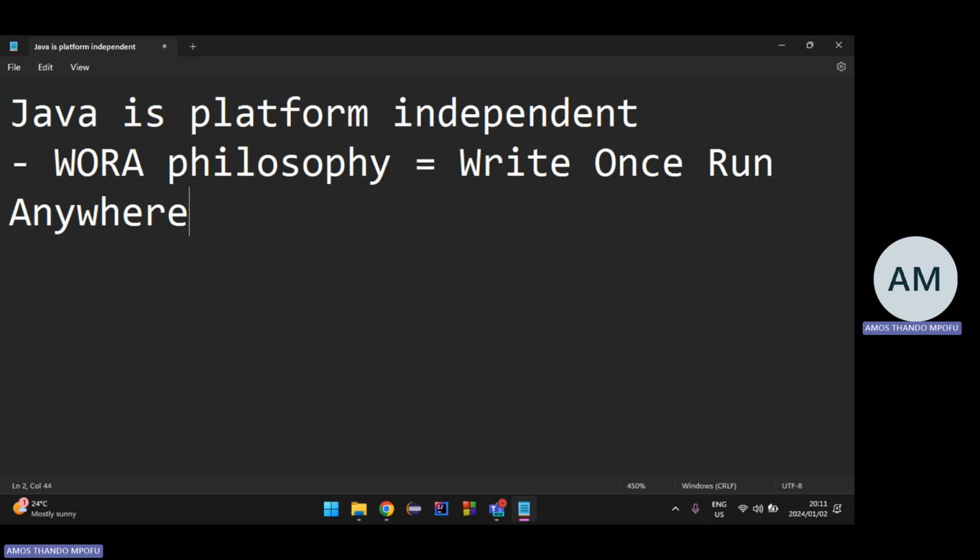So you can write it on your Windows operating system, and that same program that you wrote on Windows, you run it on Mac OS, you run it on Kali Linux, you run it on Ubuntu. You can run it on any operating system. You just write it once.